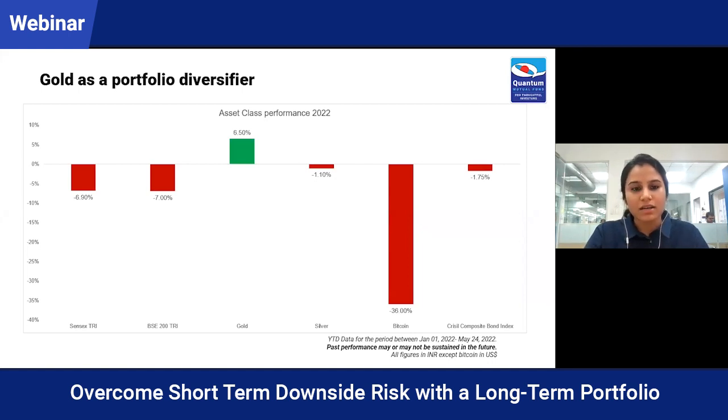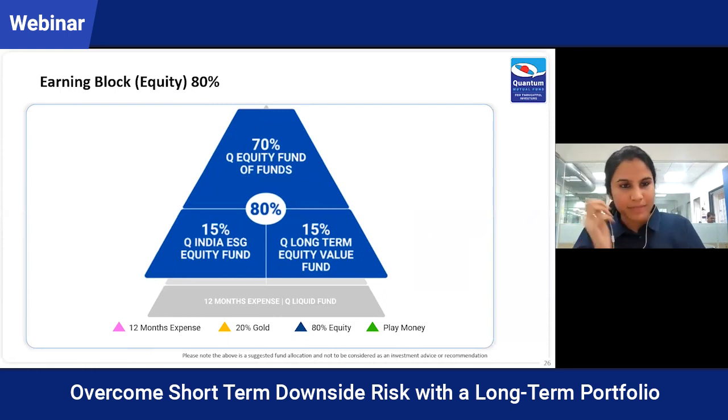And lastly, you can see that cryptocurrencies or Bitcoin have corrected in a big way on a year-to-date basis. This volatility, of course, is on account of it being such a speculative asset, and we see that it has shown a lot of correlation to other risk assets. So it is often compared to gold, but it has not been able to prove itself as a portfolio diversifier the way gold has. So over to you, Sandeep.